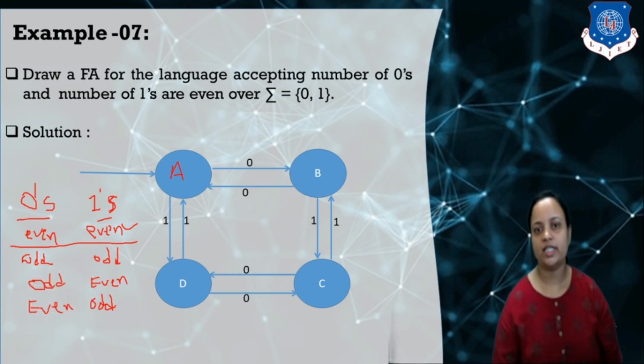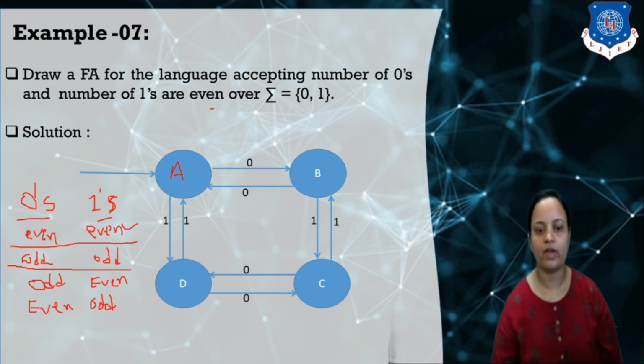So which state is our accepting state? Here they say that the number of zeros and ones are odd. As we know, odd lengths are 1, 3, 5 like this. So suppose we consider a valid string containing an odd number of ones and